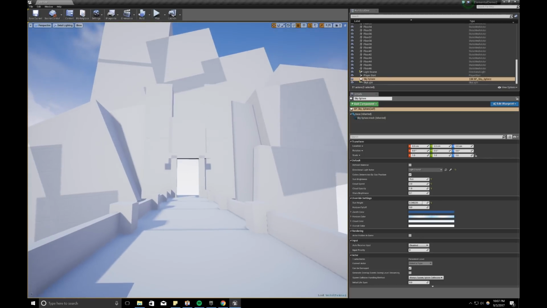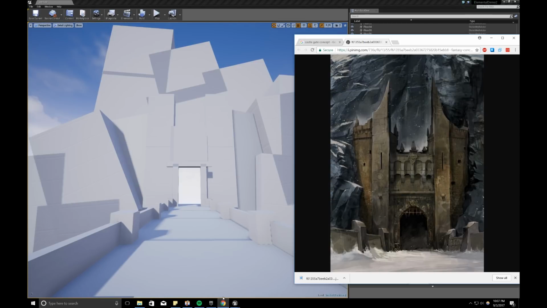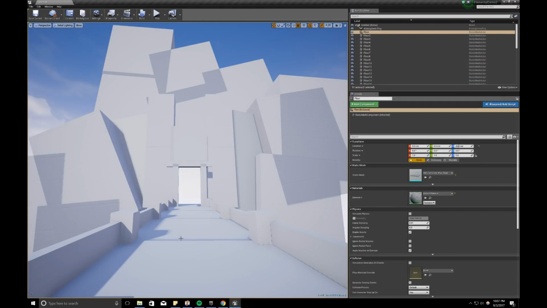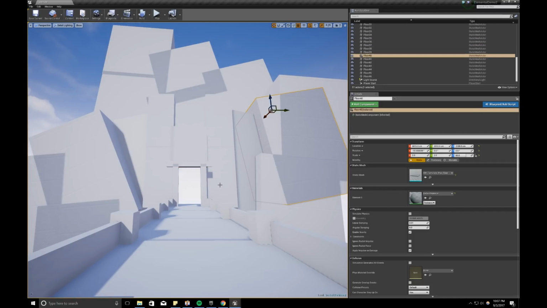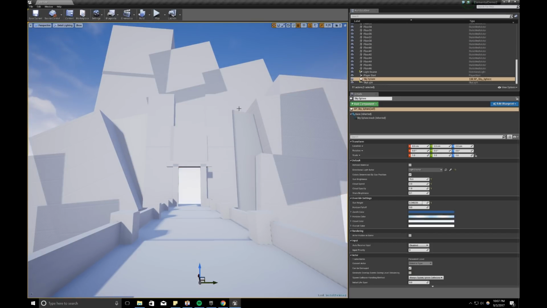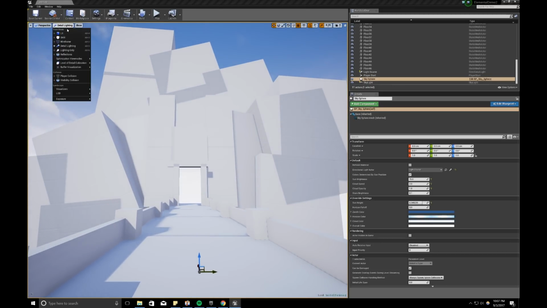So now I'm just doing a different camera lock so I can see the top of where my mountain is. Control 1. And bring up my reference again. Kind of hard to see, but we have the base shapes we need. We have the walkway, we have our pillars, we have our archway, we have our rocks. In fact, just for kicks, let's turn back on lit mode,